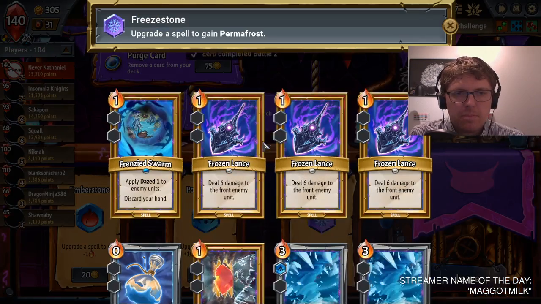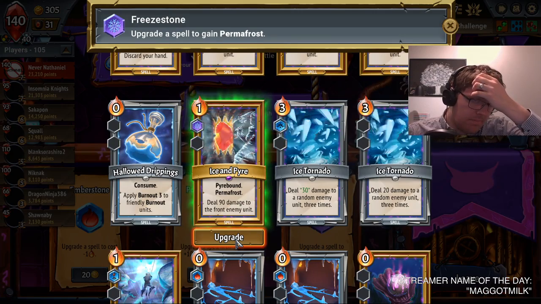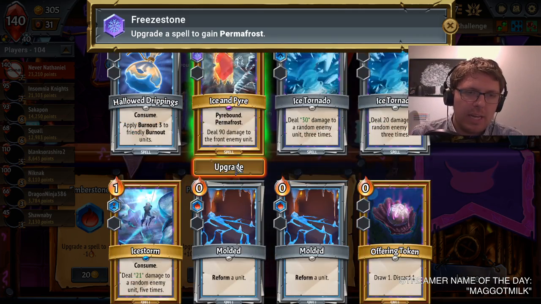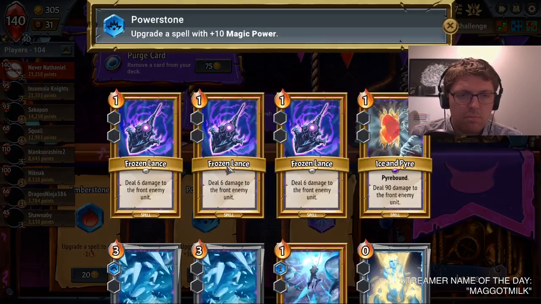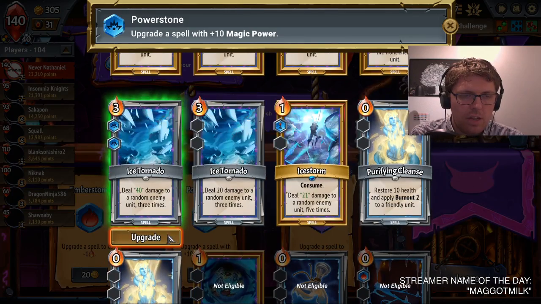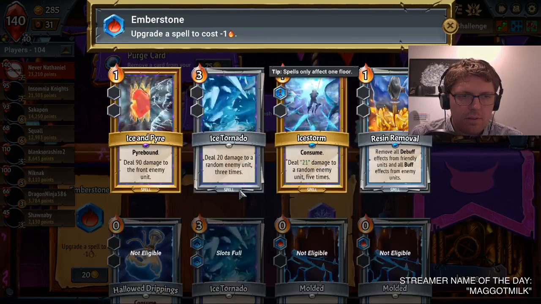Permafrost. Permafrost is okay on Ice and Pyre as just a way to do a ton of damage to a unit whenever we need it. Alternatively, Ice Storm. I think we want +10 on another one of our Ice Tornadoes. Minus...